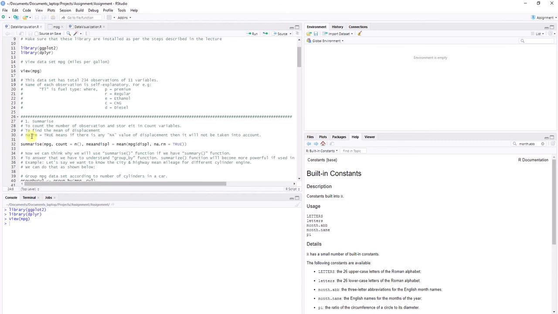Let's talk about the first function we have discussed in data manipulation, which is summarize. Summarize is used to compute summary values, such as a count of the number of observations, and store them in a column variable. So for example, if we want to find the mean of the displacement here,